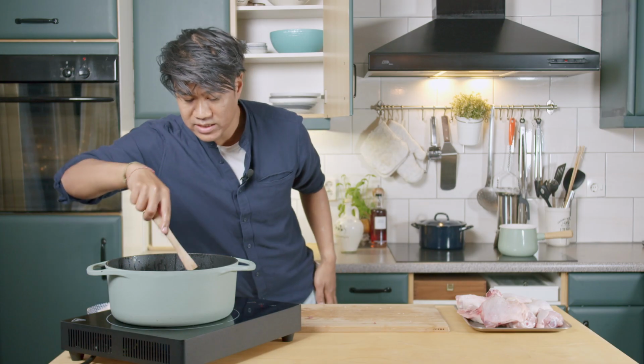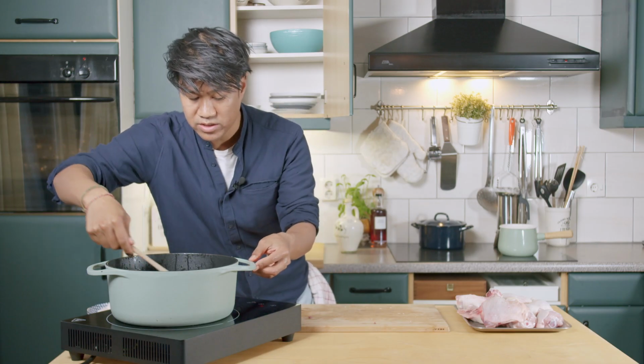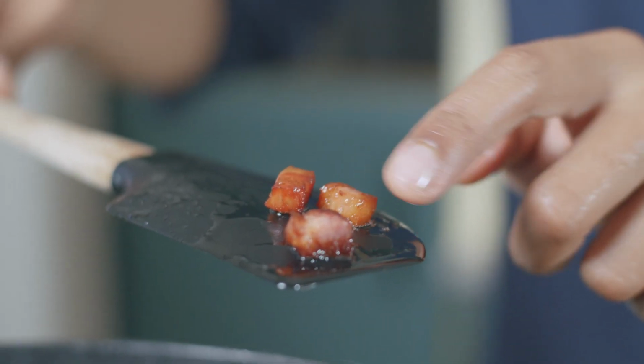So our bacon is nice and rendered out. As you can see, there's a small, nice